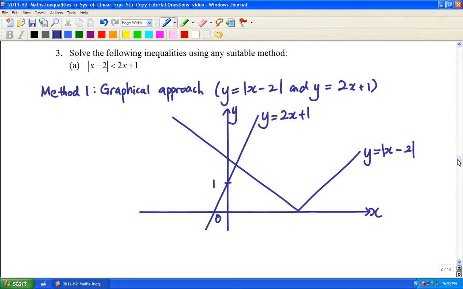For the final conclusion, we now want to look at the graph at the intervals of values of x for which the graph of y equals 2x plus 1